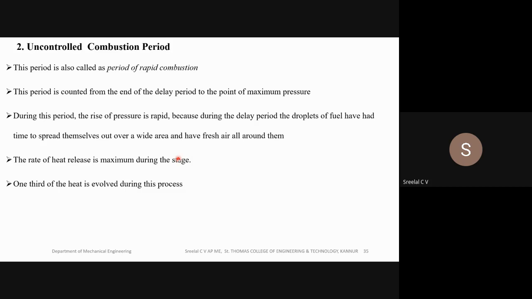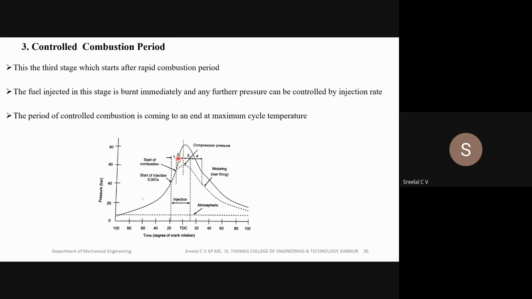Okay, so next we are now going to the controlled combustion process. Controlled combustion pressure period. This stage starts after the rapid combustion ends here. It will be starting from the maximum pressure. The fuel injected in this stage is burned immediately and afterwards pressure can be controlled by the injection